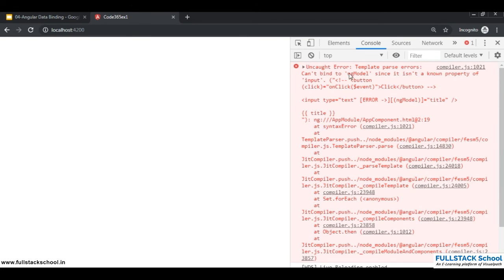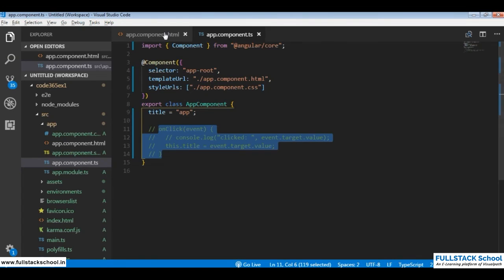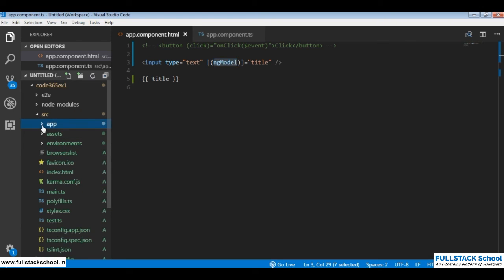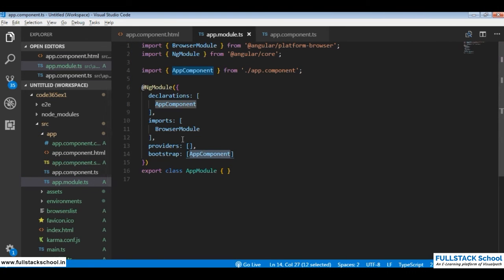The error is ngModel isn't a known property of input. So ngModel is something that is given by Angular, and currently Angular doesn't recognize it because I am not including where ngModel comes from, and that I need to include in the root module. I need to say from where that comes.